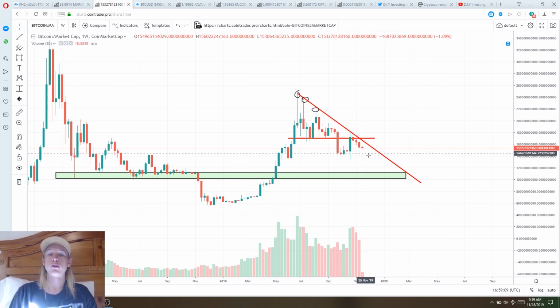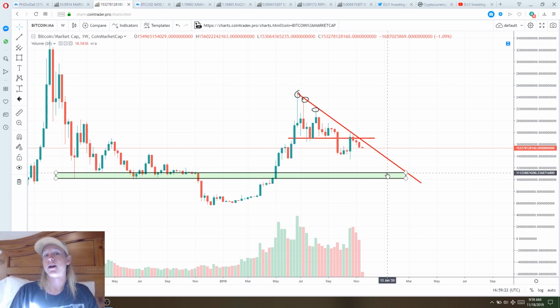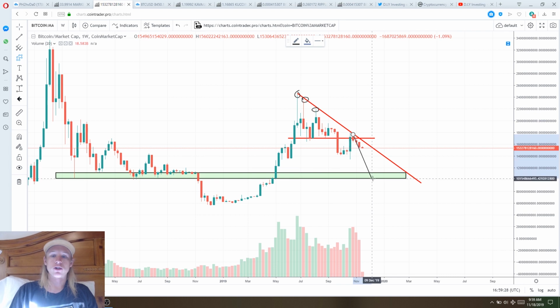I think that we'll get one more stab back down to support. We might round out here. We might immediately buy back from there. At that point, it really doesn't matter to me. Really, I'm just looking at the values and I'm looking at the support level, and I'm going to be accumulating as much as I can if we come back down to this level. But I think that we could see something like this play out. I think we'll get one more drop back down to this level. We might consolidate here for a bit before we bounce back up.